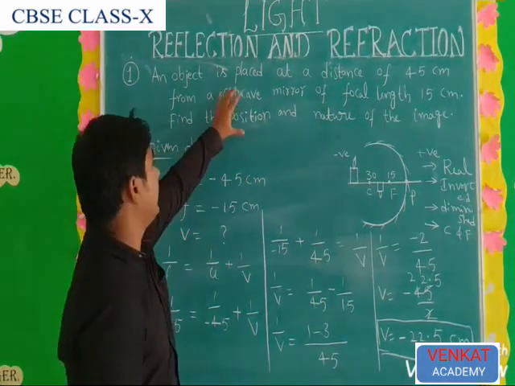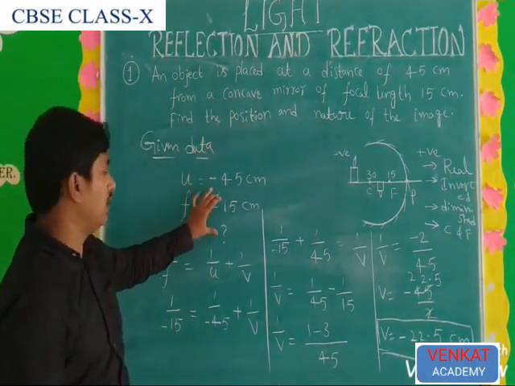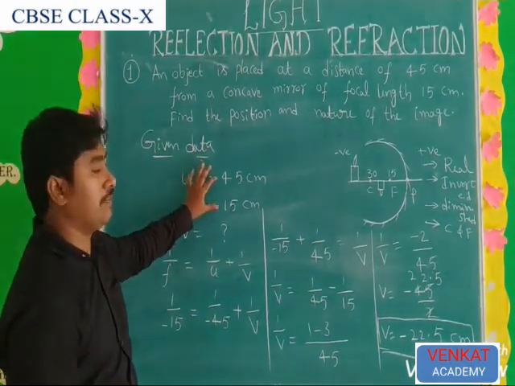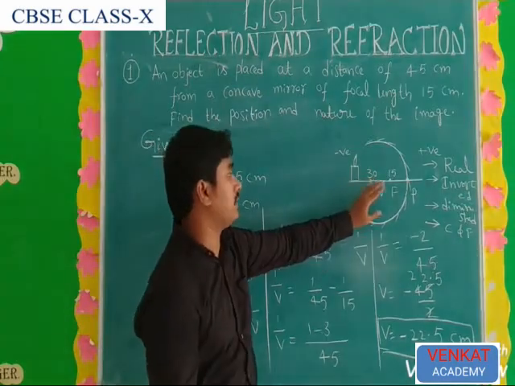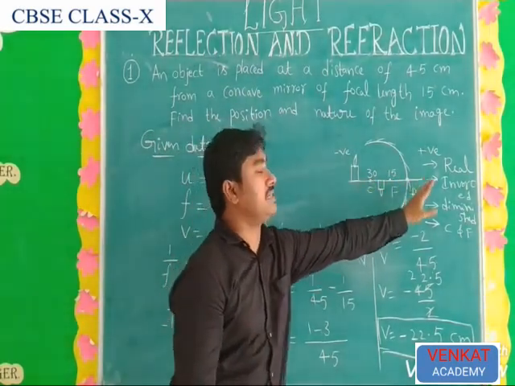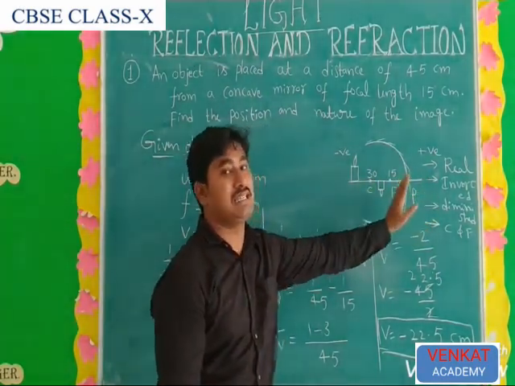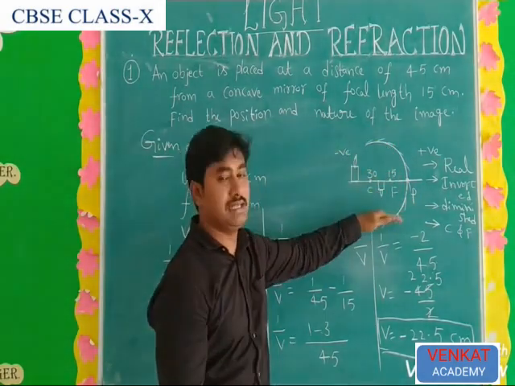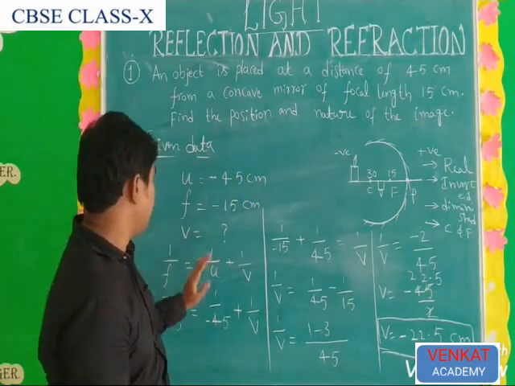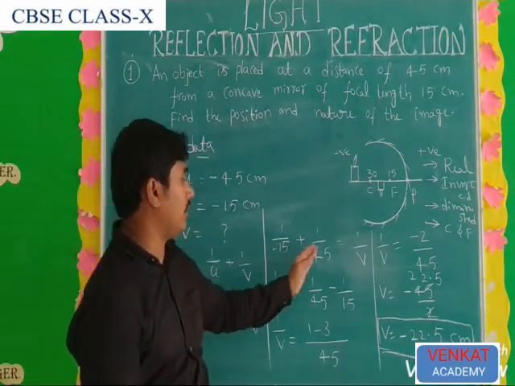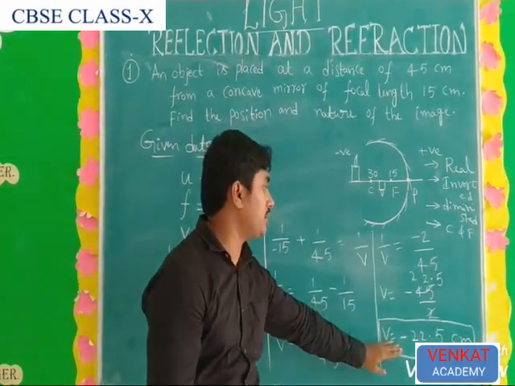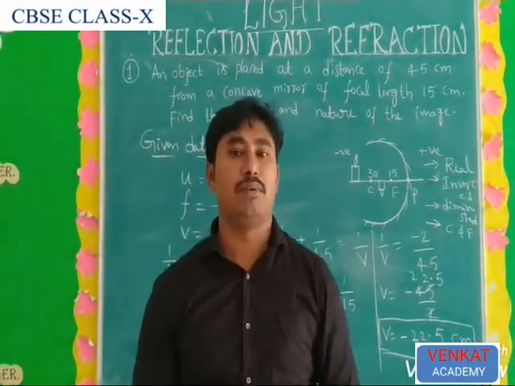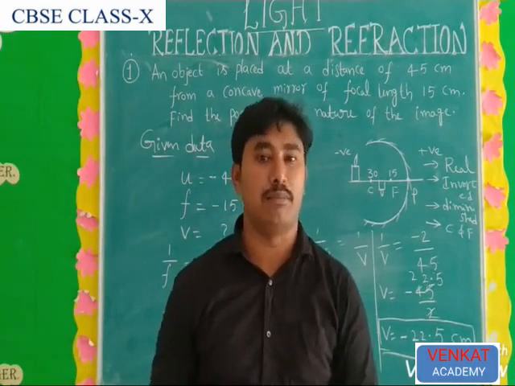So what is the data? What they have given as data, first you have to write, and take the mirror formula and substitute the values. Must and should, sign convention is very important. By using the sign convention, for left side negative, for right side positive, especially in the distance condition. In the height condition, above the principal axis is positive, below the principal axis is negative. So when you substitute the values in the mirror formula, finally you get the answer. This is the position, this is the nature of the image. Understand? Next, the second problem we have to try. Okay, you can go for the second problem.